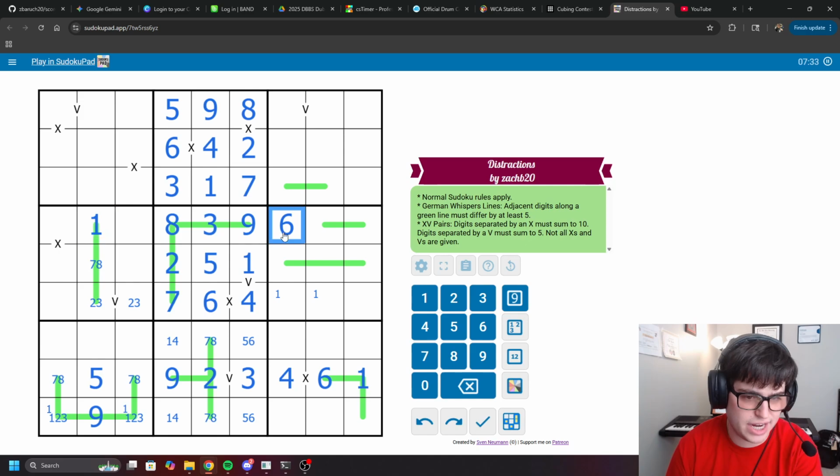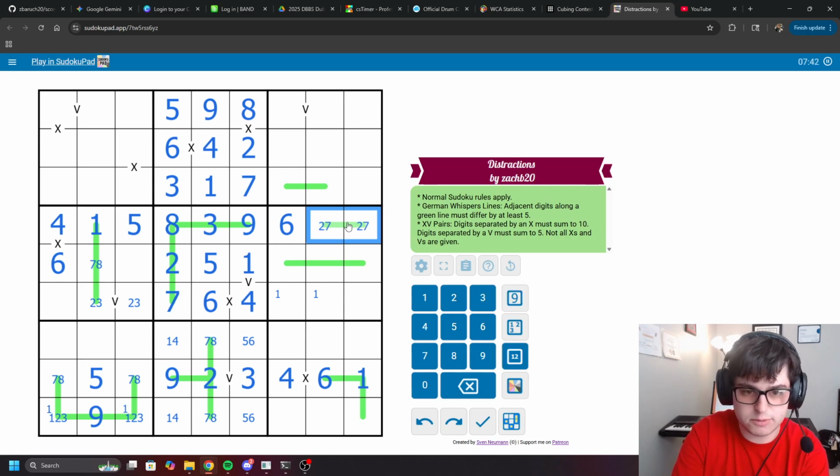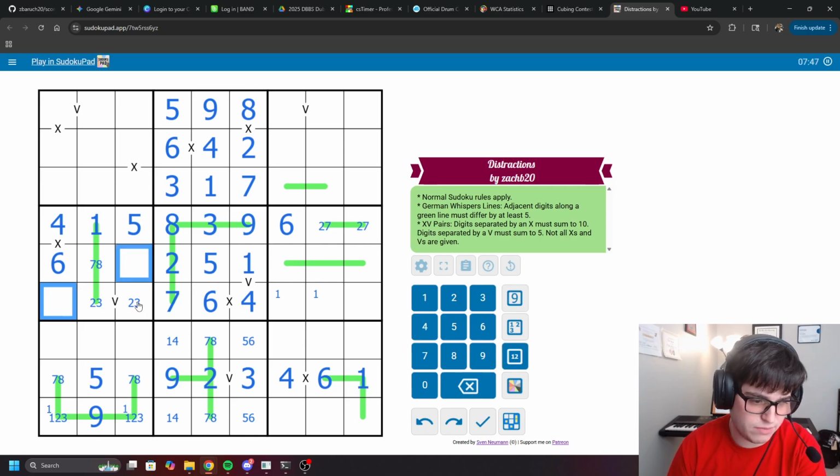This says it can't be 1, 9, so it must be 4, 6, and we know the order of that. We have 3 cells here, 2, 5, and 7. 5 can't go on the German whisper. This must be 2 and 7. Oh, hey, that's 5 apart. It works. And down here we have 7, 8, and